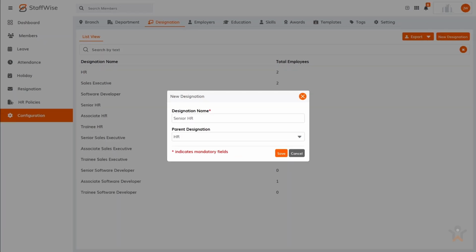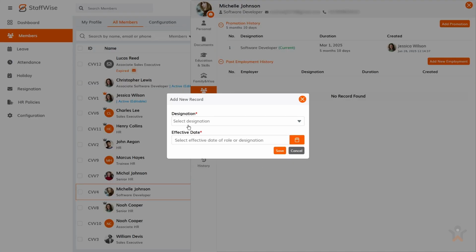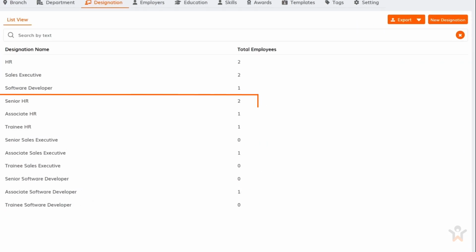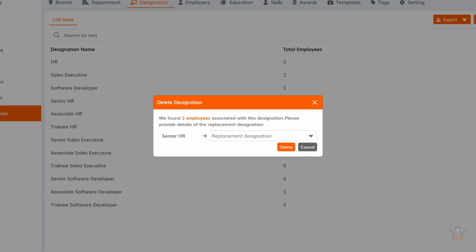Here, you only need to enter a name and optionally link it to a parent designation. That's it. Clean and quick. This list can help authorized members choose a designation from the list, making it faster, and directly add a new one if it is not present in the list yet. Newly added ones also reflect in the configured designation list, so you don't need to worry about it. Just like before, you can manage existing ones with the same edit and delete options.